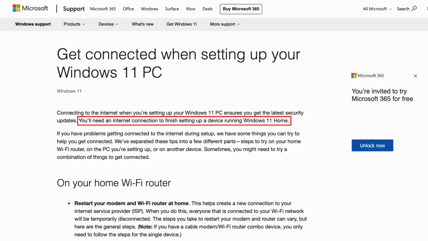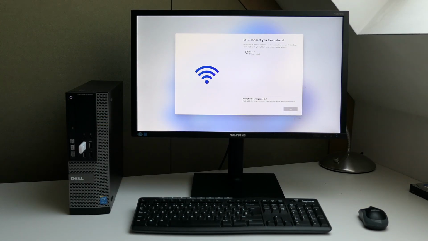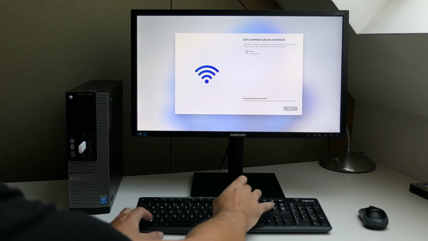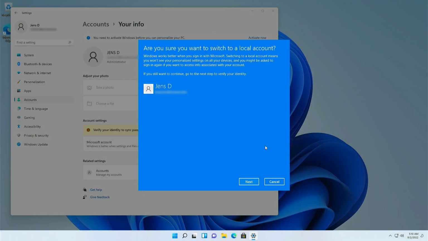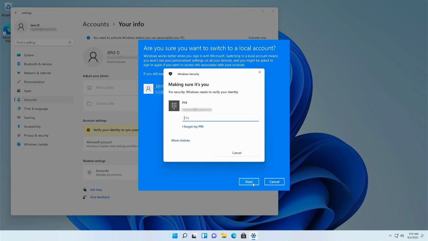On Windows 11 Home Edition even, you're completely stuck when you don't have internet access at first setup. Although having a Microsoft account could have its advantages, many people, including myself, prefer to make that decision on their own. In this video, I'll show you how you can work around the need for a Microsoft account and use a local account instead, including how you can switch back to a local account in case you already started using a Microsoft account and you want to get rid of it.